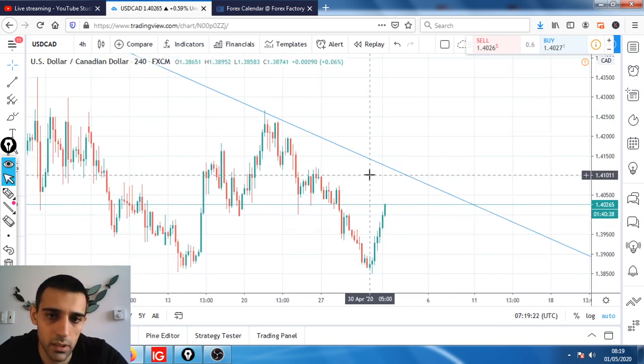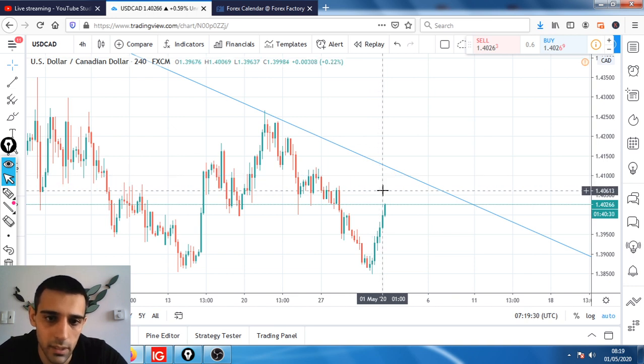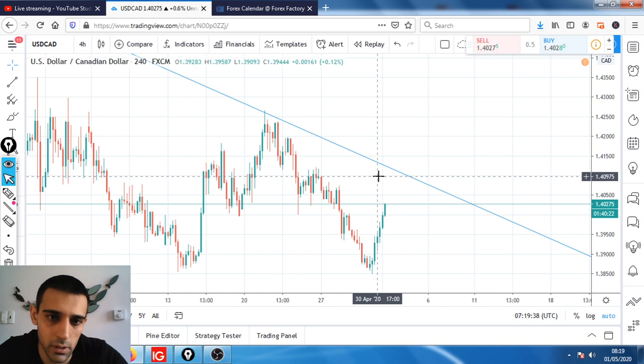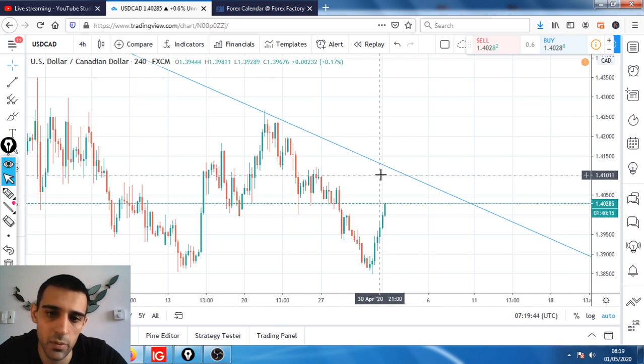So the question is where the price is going. I think that's a good area to target at 140.100. I don't think it's going to stop at 140.60, so that's the next one. The way it looks, I'm pretty sure it does have enough strength to come up to 140.100, which is up to this level here.